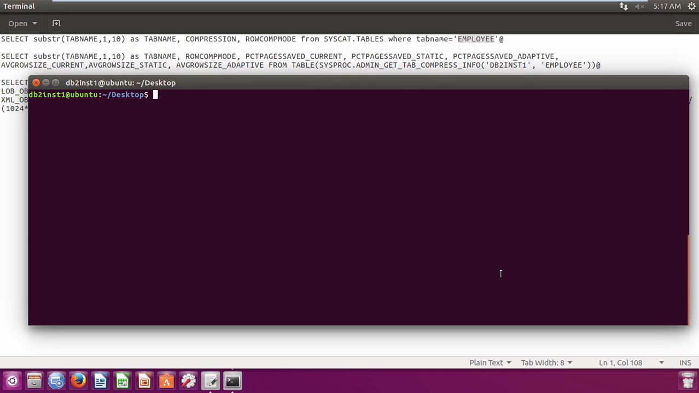So guys, in this lecture, we are going to explore the classic row compression, or static row compression. For that, let us create a new table first. I'm going to write this create table statement that says create table emp1 like employee. And then I add these keywords, that is compress yes static. So this will create this new table emp1 with the same structure as that of the employee table, and we